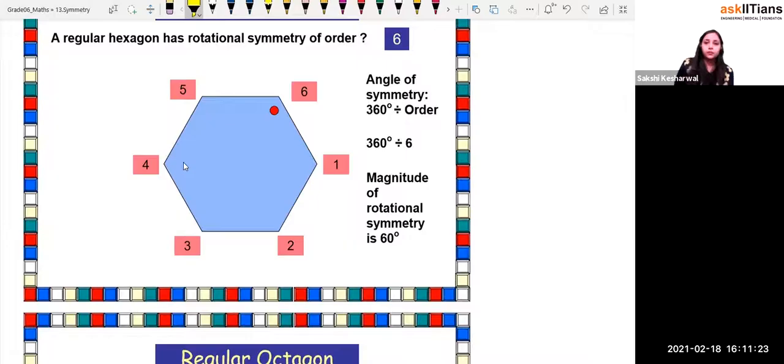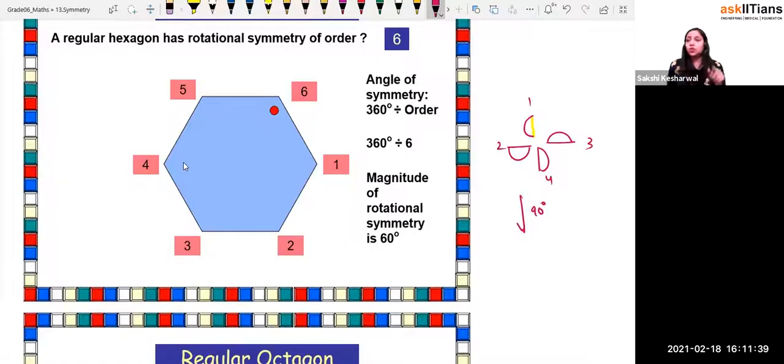So let us suppose you have this figure, right? I'll draw the figure like this, then like this, then like this, and then like this, right? This is the figure. So this is 1, 2, 3, 4. Now, after rotating it by 90 degrees, right? So this is called the order of rotation, right? So what will it become, beta? 1, 2, this is 3, and this one is 4, right? So what happened after the rotation?